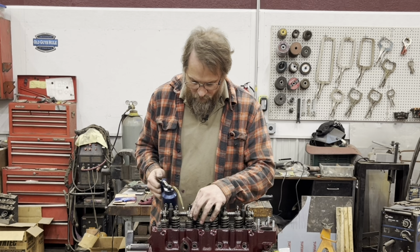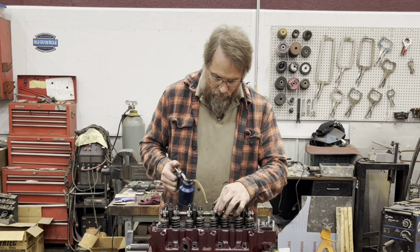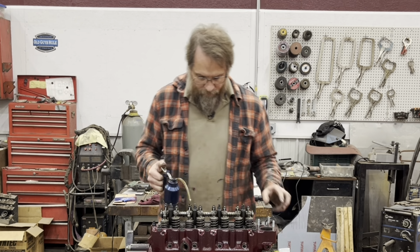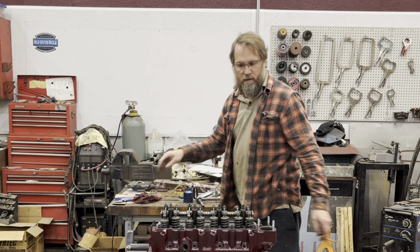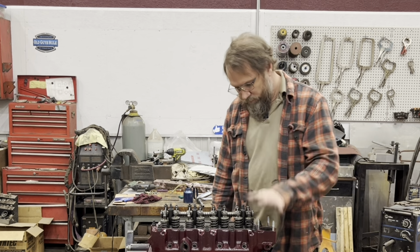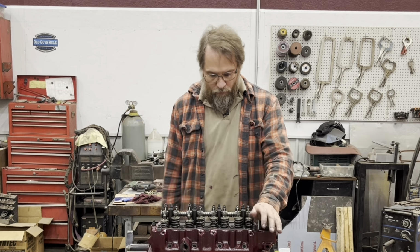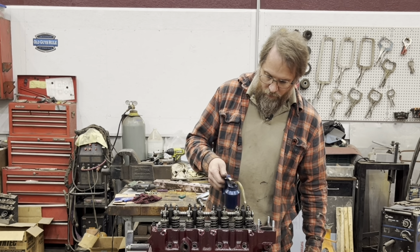And as you can slide the rockers back and forth when they're not pushing on valves, and get some oil in here. So we are now ready to put the valve cover on this thing, and go ahead, thermostat housing, side covers, and all the other stuff on the outside of the motor, and it'll be about ready to get off the engine